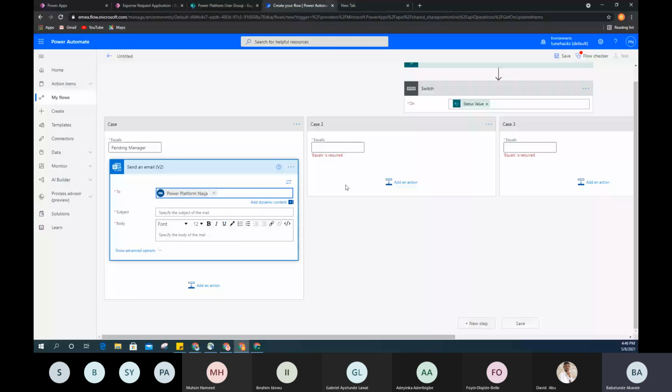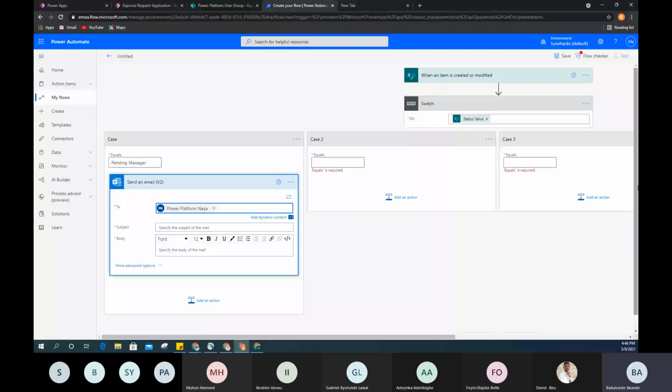But in this case, this has to be dynamic, because I'm not going to be sending email to this person all the time. If a new person submits, you don't expect me to come to my flow and start changing this to who submitted what. I just want it to be intelligent enough to send an email to whoever